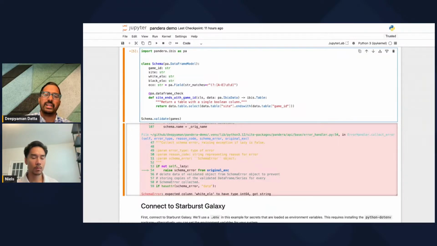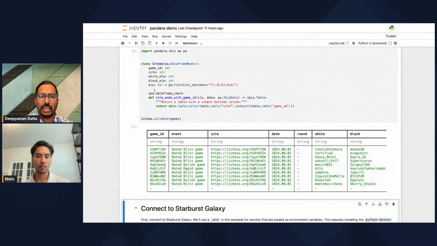We could also have modified our games table and already done the cast, but we can just do it this way. Let's just expect that they're strings, just because even for some of our data later, they'll be in string format. And if I rerun that validation with the updated schema, I basically see that schema.validate gave me that same games table as a result. That same object is there because the validation passed, no problem, no errors.